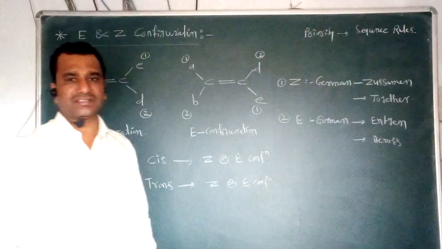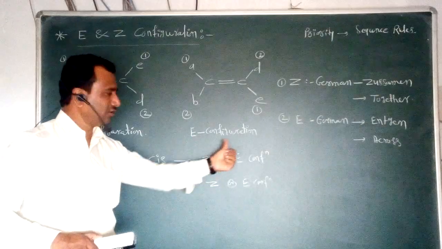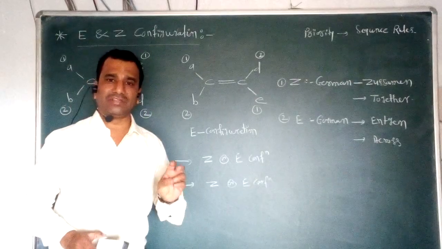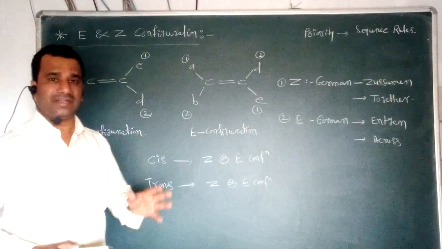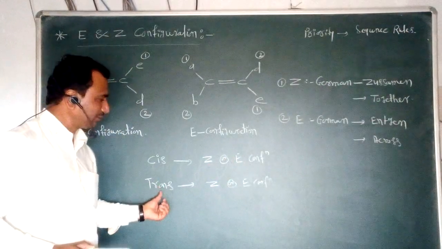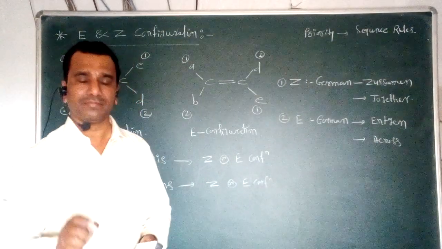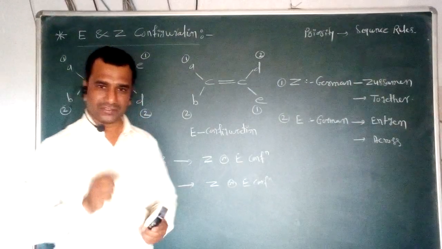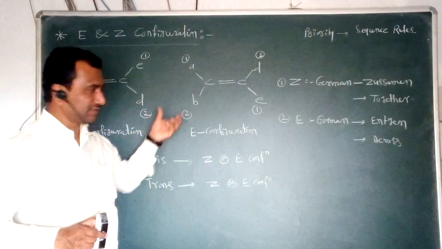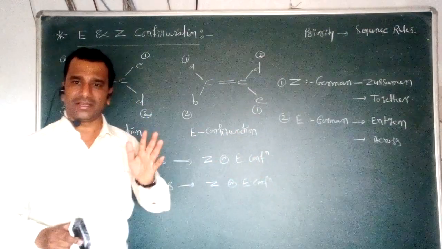So it is clear that we cannot predict that a cis isomer always has a Z or E configuration. It depends upon the molecule, and upon the priority of the given atoms or groups. The same case is there for the trans isomer. Again, it depends upon the nature of the atoms or groups attached to both olefinic carbons. So this is a general overview of the E and Z configuration, their general representation, the meaning of Z and E, and the definitions of the Z and E configurations.